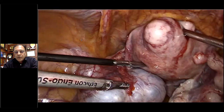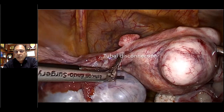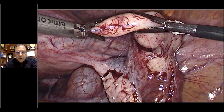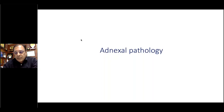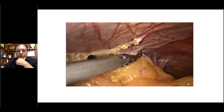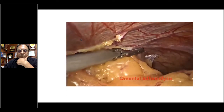So here the tube on both the sides is gone, and the consensus was we do fibroid removal, which I did. Those small fibroids even which were seen, and we did disconnect the tube and sent her back to the infertility consultant. This is one lady who I did not have feedback for, because she was from an outstation consultant and never got in touch with her. Now, when you look at adnexal pathology, there can be numerous different conditions which we can